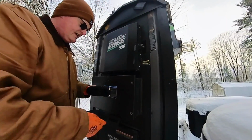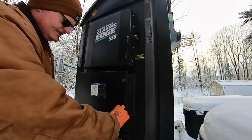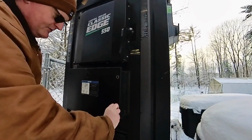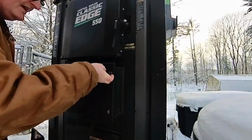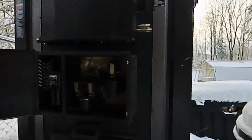So to open this, now if I can do it, I don't know if I can get it with these gloves on. I can't. My poor hands. Okay, so you just turn those and you open this up. So you can see inside,